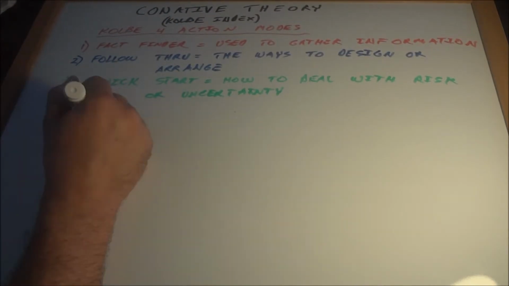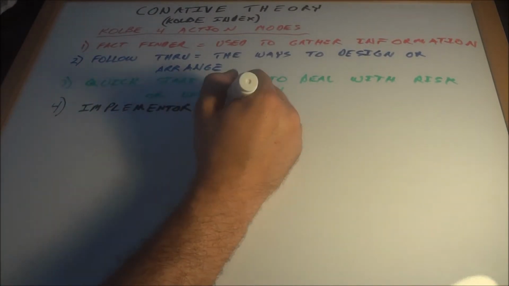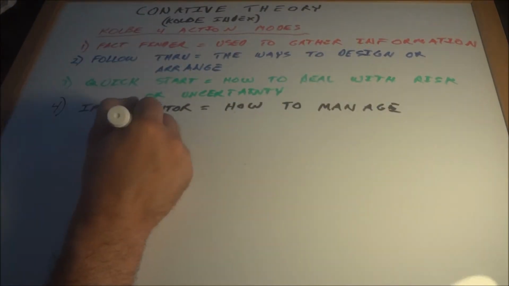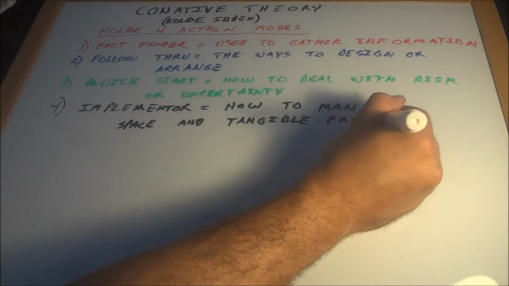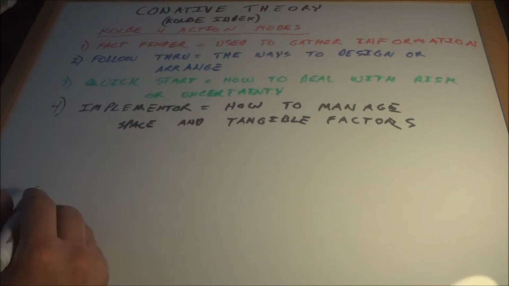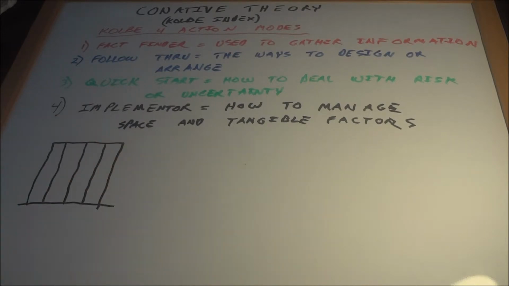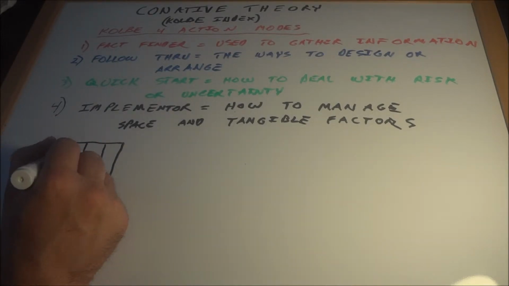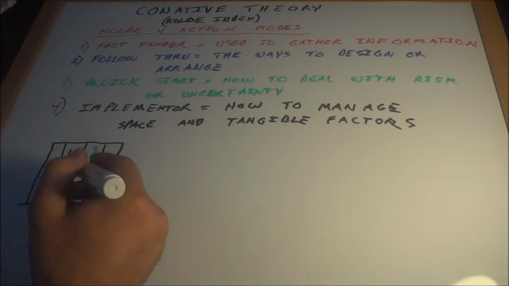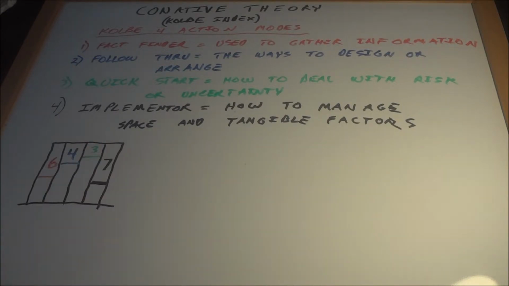To find out where you stand on these 4 action modes, you have to take the Kolbe Index test. And it should look something like what is being drawn below. My numbers came out to be 6, 4, 3, 7. Once you get your numbers, Kolbe has developed a second chart